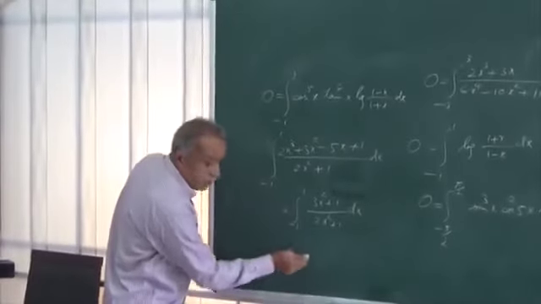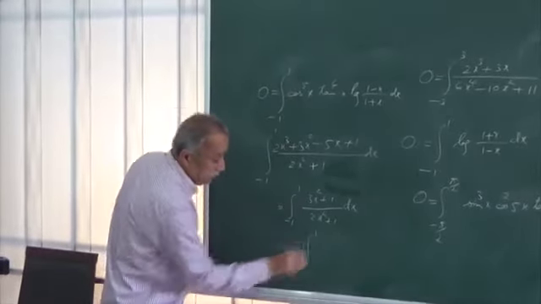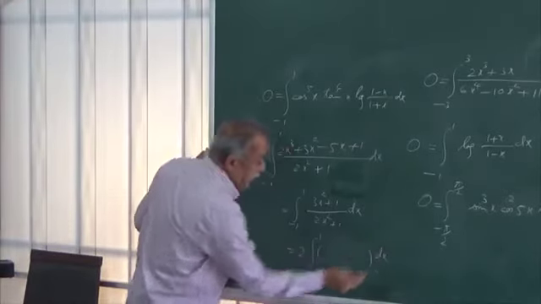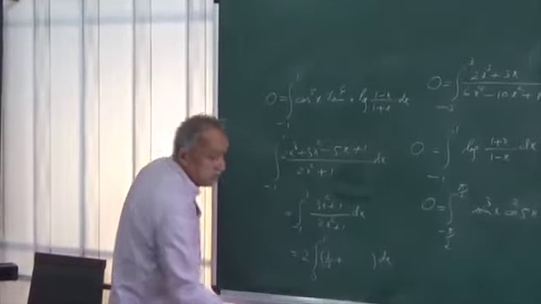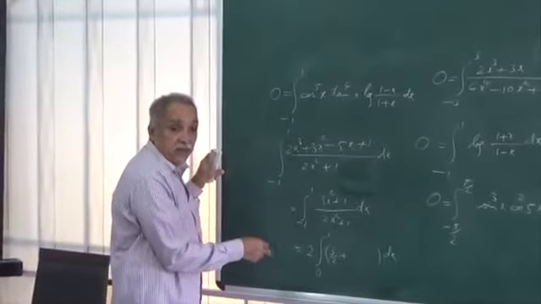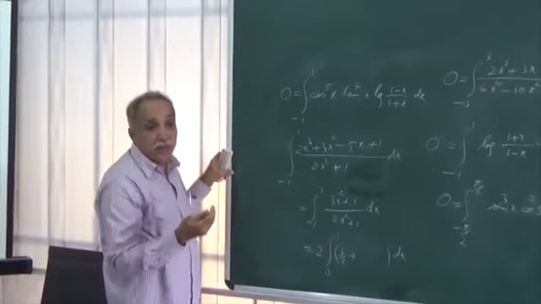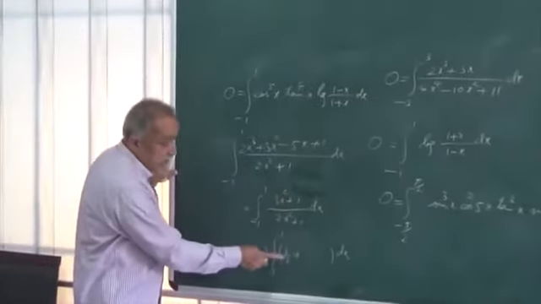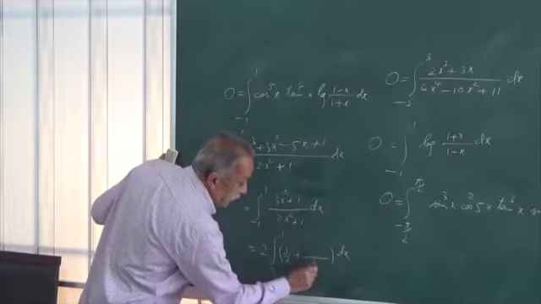This being an even function will have its integral from minus 1 to 1 equal to twice the integral from 0 to 1, and to carry out the integration process, let me simplify the integrand. Let me write it as 3 by 2 plus... I am trying to divide. My fraction is an improper fraction. I am trying to get it as a polynomial plus a proper fraction. The polynomial part will have only one term because degrees are equal. That term will be 3 by 2. The other part, the proper fraction part, will be